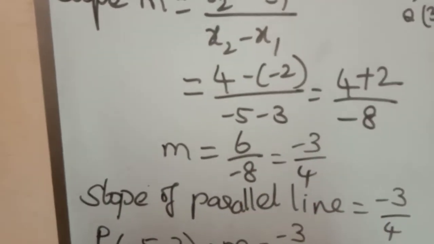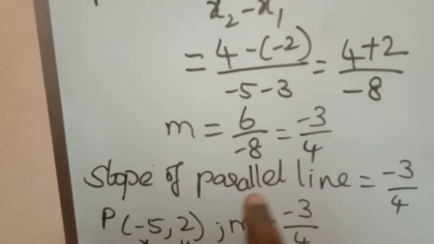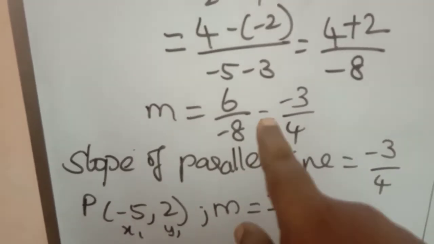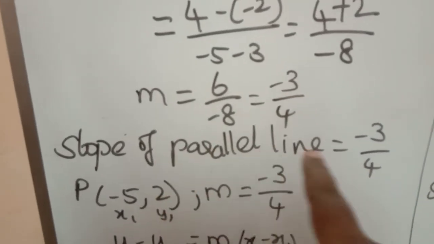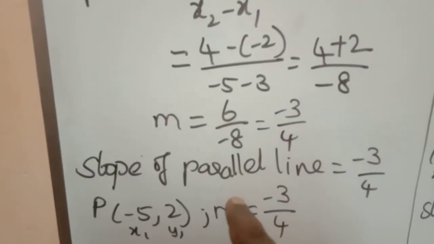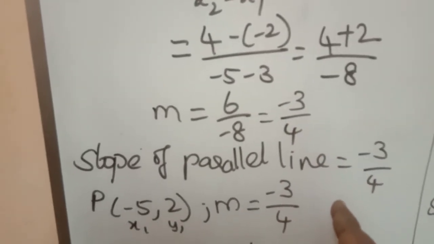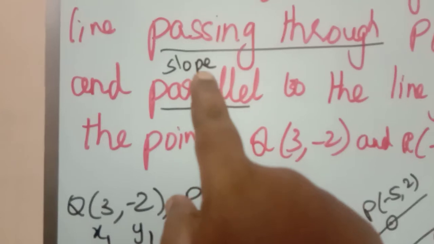After you find the slope, you have to write the sentence, it is a must. You have to write the sentence: slope of parallel line or slope of perpendicular line. If it is a parallel line, write the same slope because slopes will be equal for parallel. So slope of parallel line equal to the same slope. So using the two given points, first find the slope, and then check whether it is a parallel line or perpendicular line. According to that, we have to change the slope. If parallel, write the same slope. So in the question, if parallel or perpendicular is given, underline that and write slope.